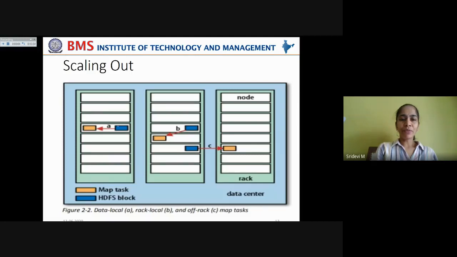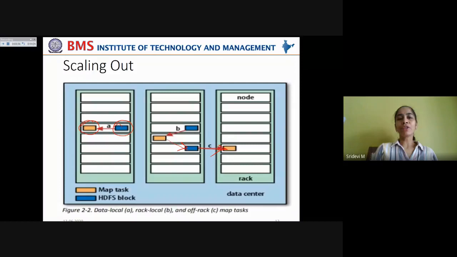Now, this is depicted in this particular example. Here, the HDFS block is trying to execute a map task. If the slot is not available, then it will check for a different node on the same rack, and if that particular node is also engaged with many other map tasks and the map slot is not free, then it will go on to a node on a different rack to execute the task.